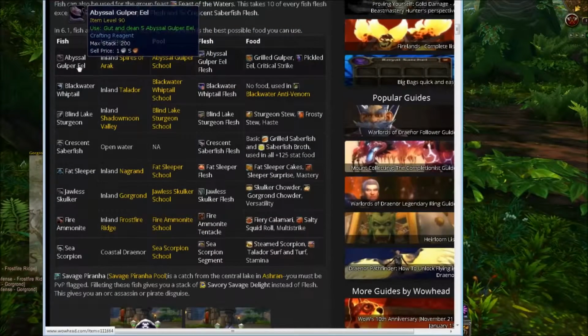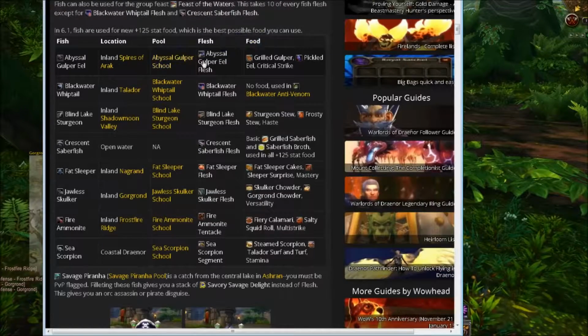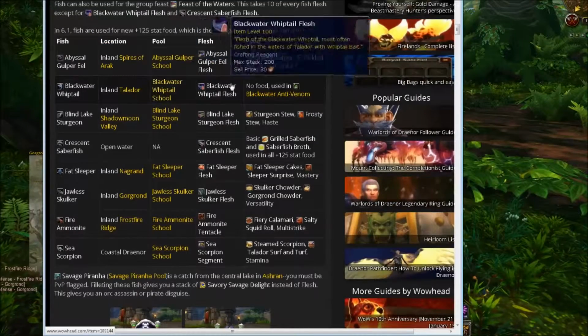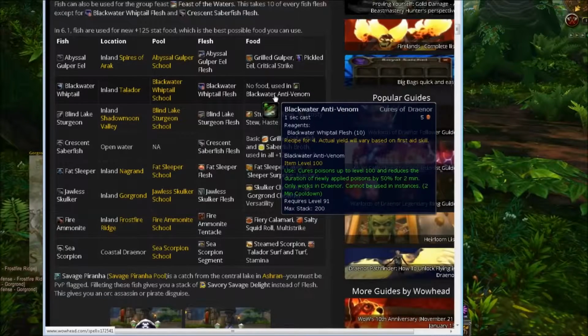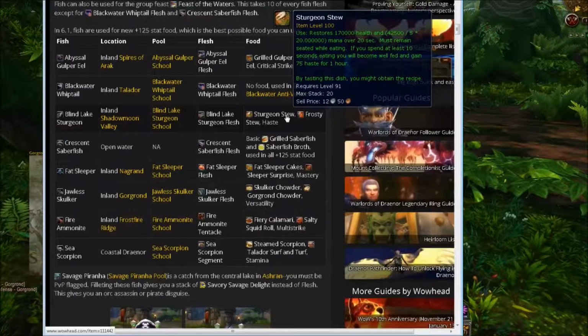Abyssal gulper eel, Spires of Arak. I've fished down there before. This is good for the pickled eel, which is really what you're looking for, for crit, not intellect. That's highly used. Blackwater whiptail is not a good fish because it's only really used for anti-venom, which not a lot of people use, so it's not really good for selling. Blind lake sturgeon,